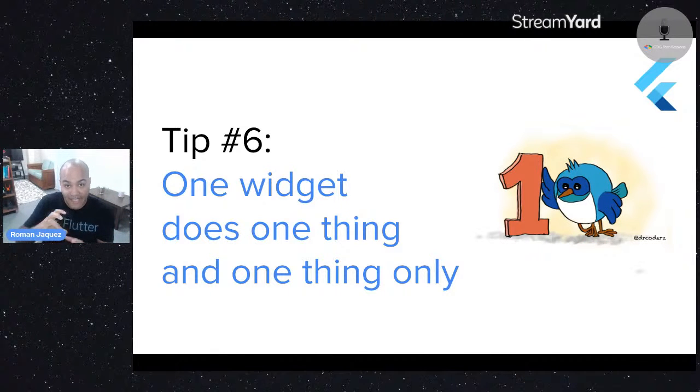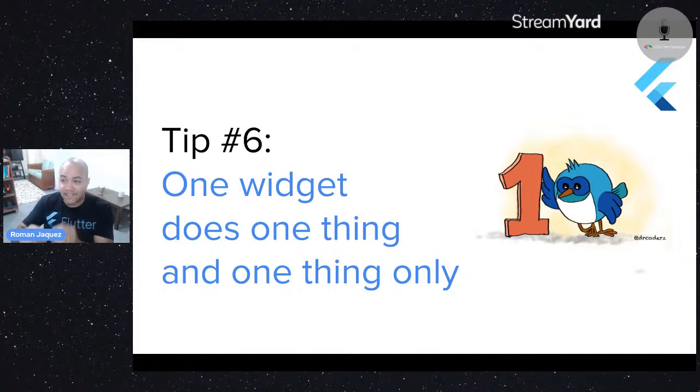The build method in a Flutter widget is the most important method because it's the method that the Flutter framework calls when it's going to insert the widget in the widget tree. So the build method is where you establish and build all your widget hierarchy. You want to make sure that your widget hierarchy is concentrated and encapsulated enough so that it doesn't do too much. It only does whatever it's supposed to do,